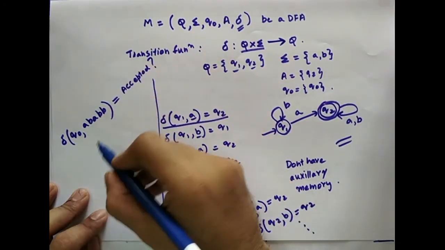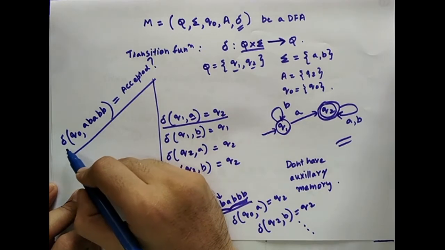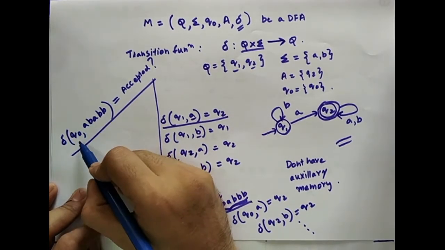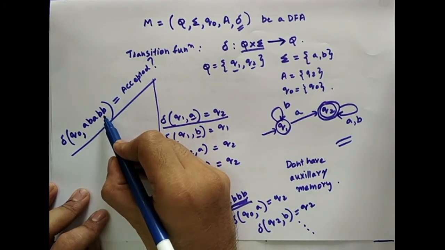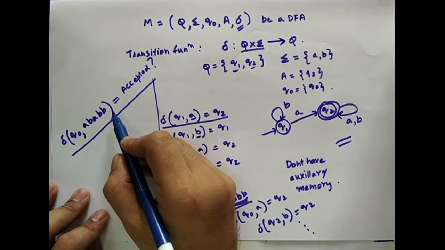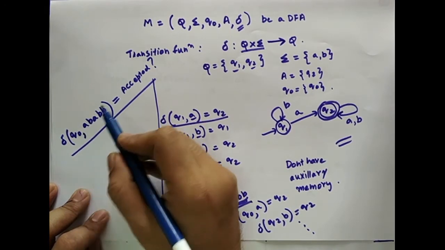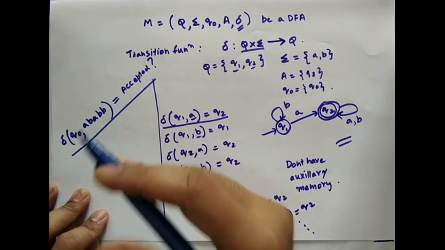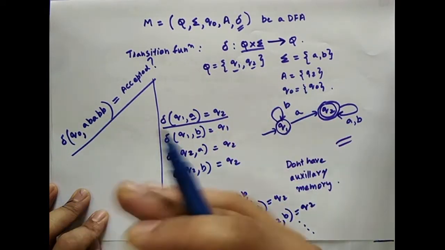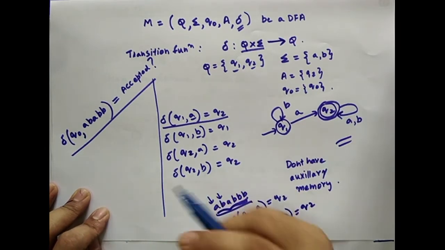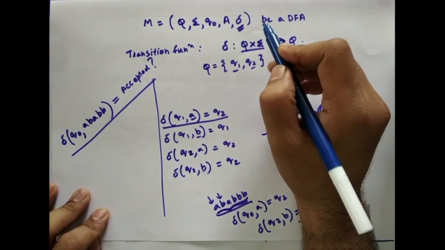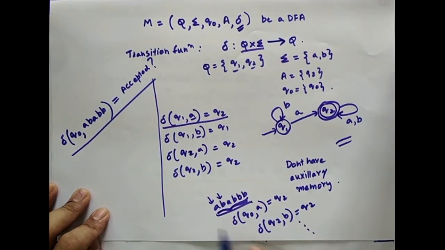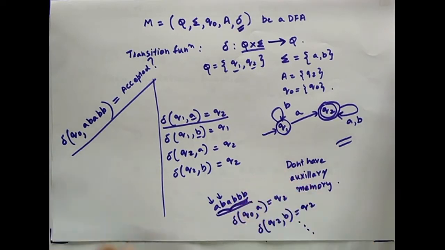So it would have been nice if the transition function was modified in such a way that at a stretch it takes the entire input string together, and in that one go itself it tells whether the given string is accepted or rejected based on which target state your automata reaches at the end. So this modification to the normal transition function is called the extended transition function, the topic for my today's lecture. So let's start.